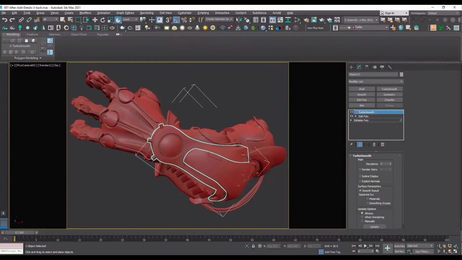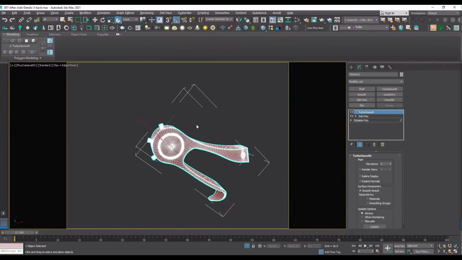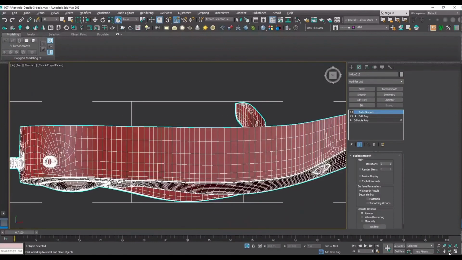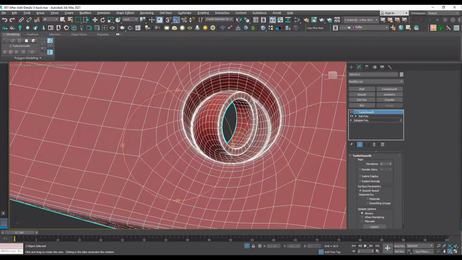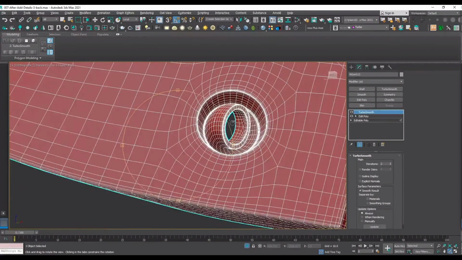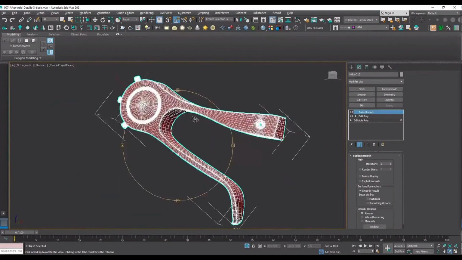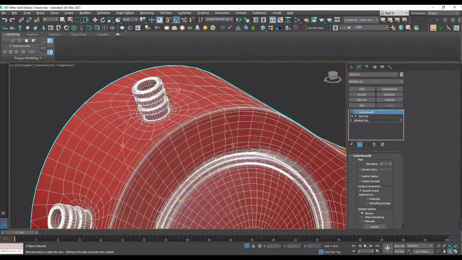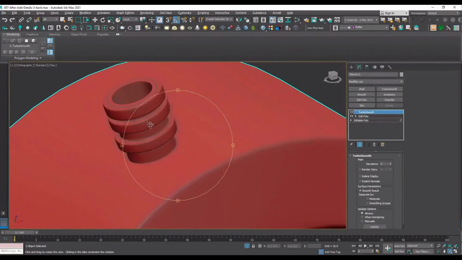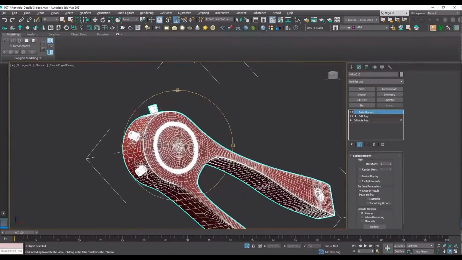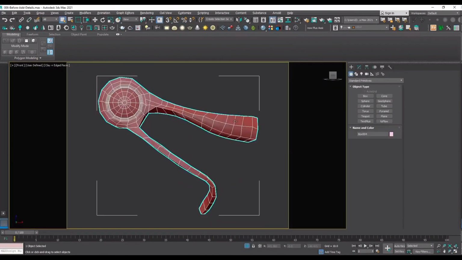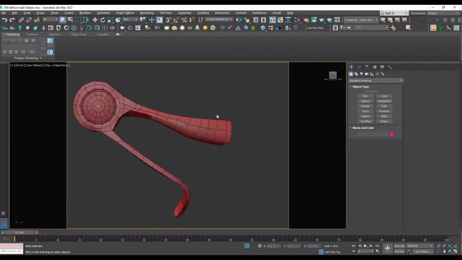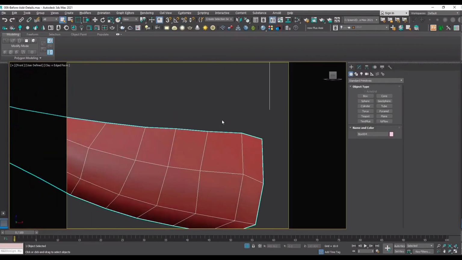Welcome to the last part of this tutorial. Let us begin modeling this part, which is one of my favorite parts. We have one detail here with a nice little tilt for the input, and also we have 3 cable inputs right on top of the mesh on the curve. So the question is how to model these details and put them on top of the surface on the right